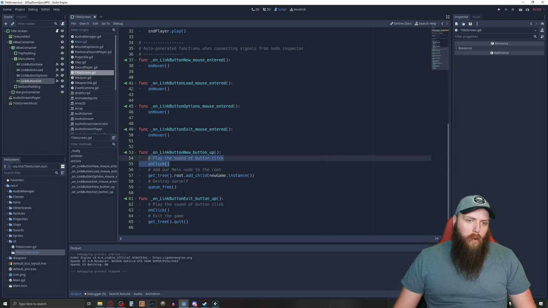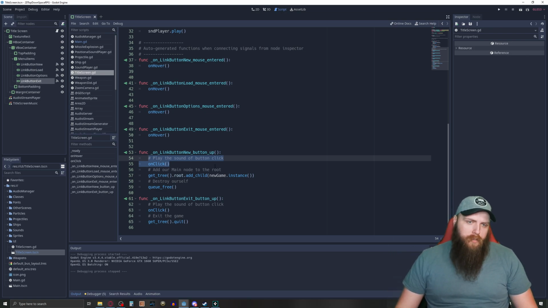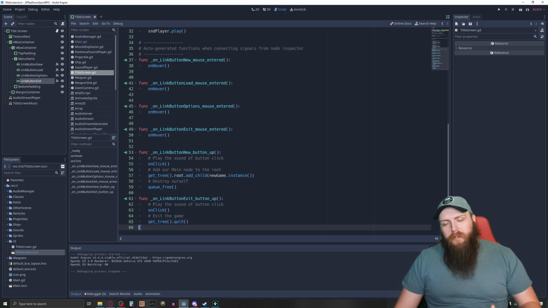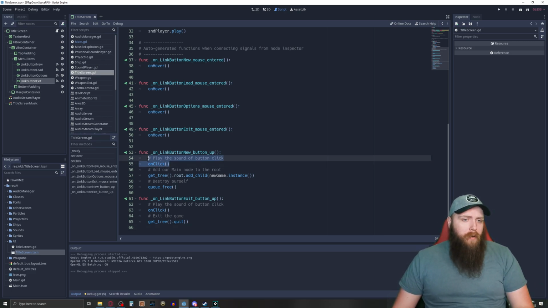So for my button new and button exit, those are the only ones I have click events for so far. The button exit just plays the sound, and then it also just exits the game, which, because you're exiting the game, the sound doesn't play all the way. So maybe I shouldn't even play the sound, but whatever. And then for the new game, I'm playing the sound of the button clicking, and then I'm adding the new